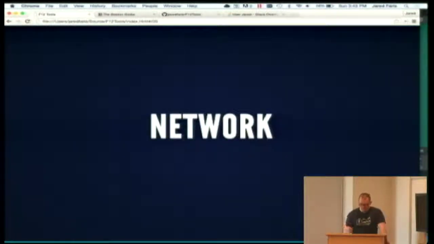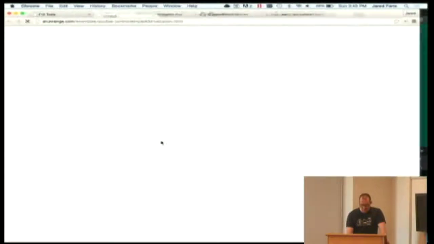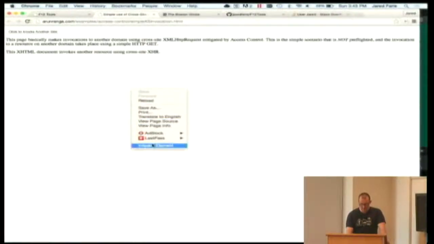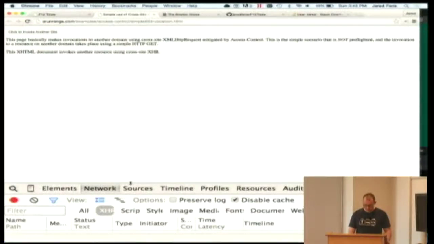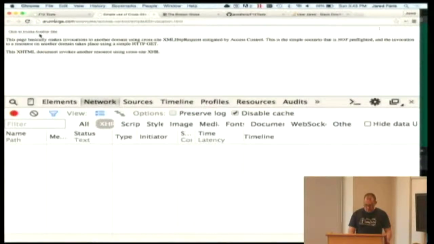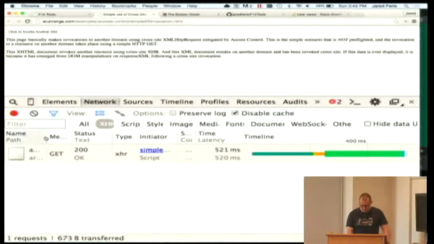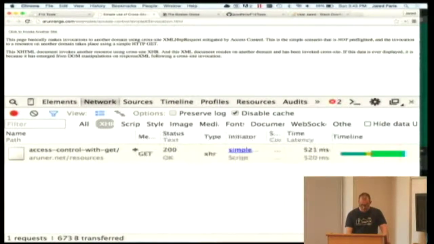Okay, the networking tab, all the browsers have this. We're going to use somebody else's demo here. This has cross-site stuff set up so I can demo it. So they all have this networking tab. And I'm going to fire off some AJAX from this button. The networking tab will show you what request is being made, the status it got back, and there's